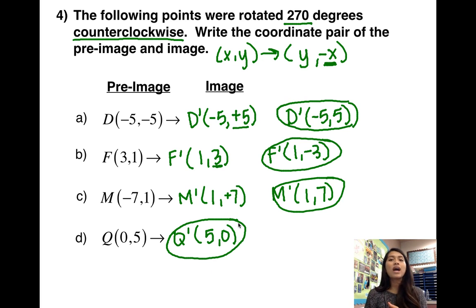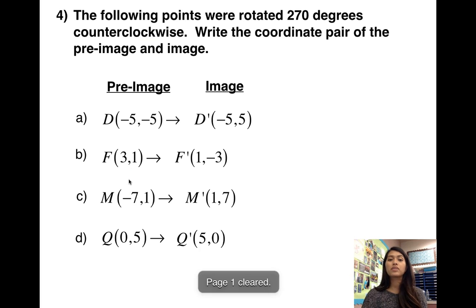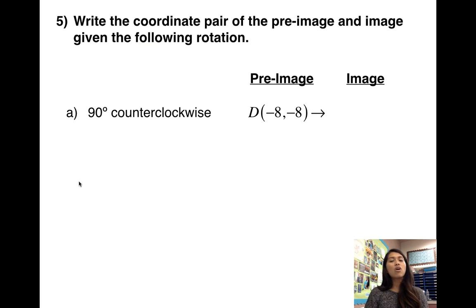So we went ahead and practiced the 270 degrees counterclockwise in isolation. Now for the challenging part. Now I'm going to go ahead and mix all of them together. So far we've learned 180 degrees counterclockwise, 90 degrees counterclockwise, as well as 270 degrees counterclockwise. So now it's going to be all mixed together, and we need to figure out which rule to use and when to use it. So here for number 5, it says write the coordinate pair of the pre-image and image